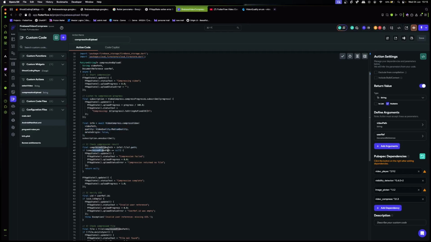So if the compressed video path is equal to null, so if the compression for whatever reason failed, then we want to update our app state with status text compression failed. We can do an app state upload progress, put it to 0.0, and then finally say that the FF app state upload status error is compression returned no file.